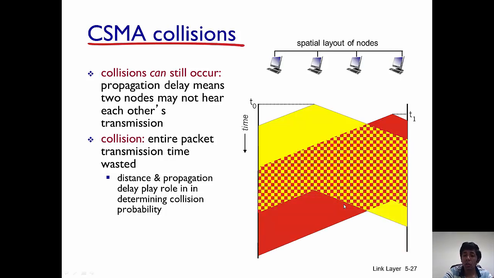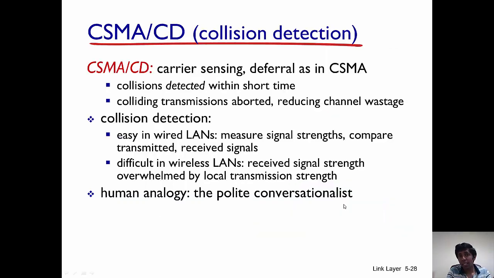Okay, so the next natural step is, can you detect collisions? The easiest thing is, because in the previous slide we realized that if a collision occurred, if you could detect collisions, you could just avoid the transmission that's going on. If you avoid the transmission that's going on, then you can reduce channel wastage, because anyway the two packets have collided, and what's going to happen is that transmission is wasteful.